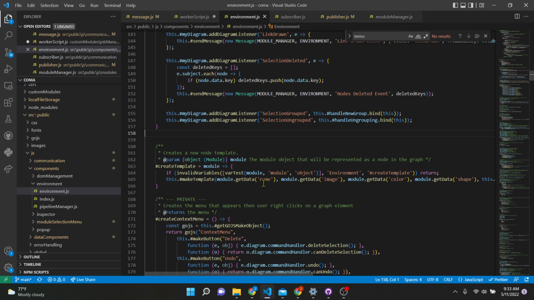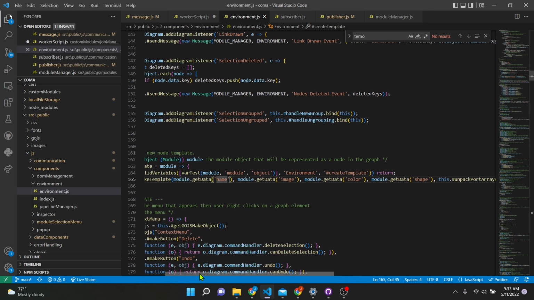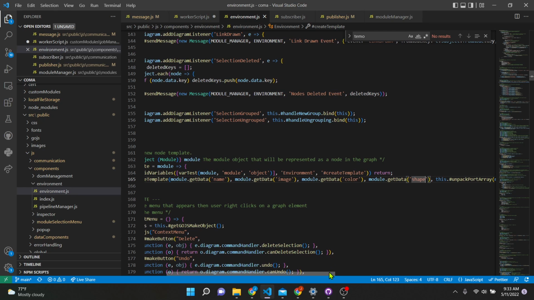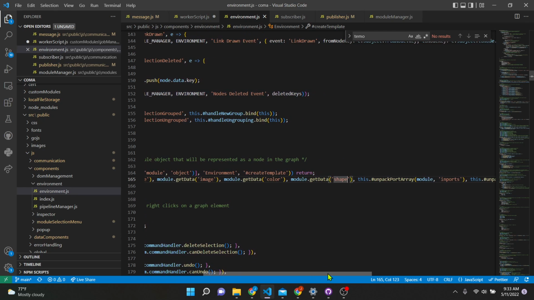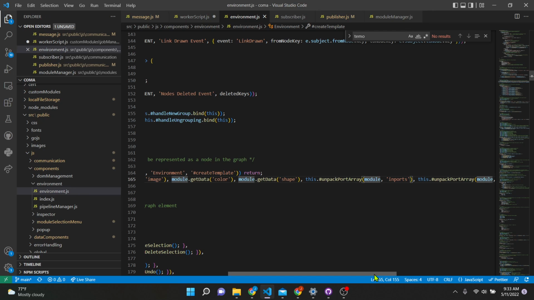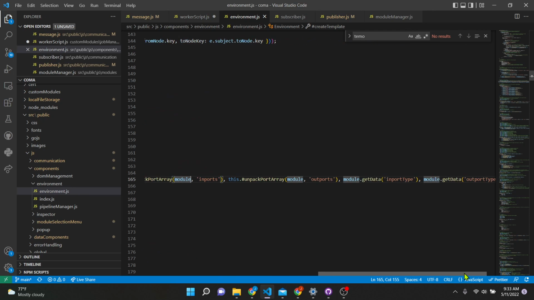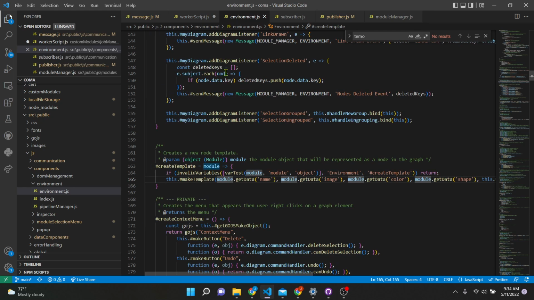And so the template is going to take in the name, the image, the color, and the shape. It's going to take in a set of inputs, a set of outputs, and that's basically what it is. So once you make a template, every time you generate a new node of that type, it'll just load it from the template. And so looking back here,